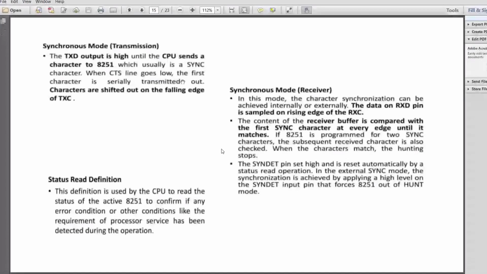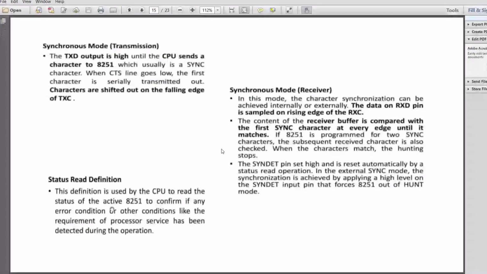And then status reading. At any point of time, what is actually happening in the 8251 is read using the status register. If any error has happened while the transmission is running, there may be a parity error or an overrun error. All of that can be read by the 8086.